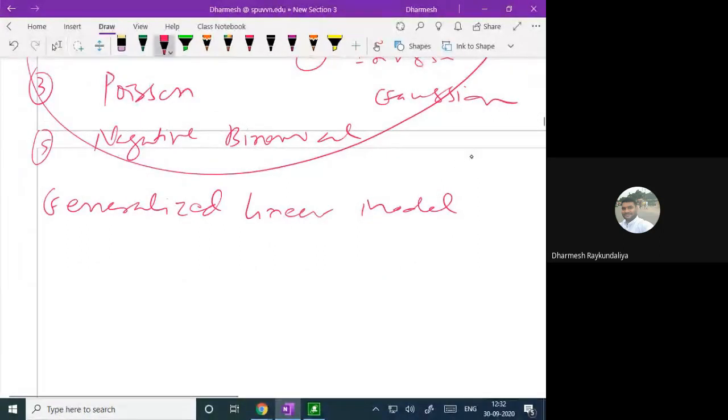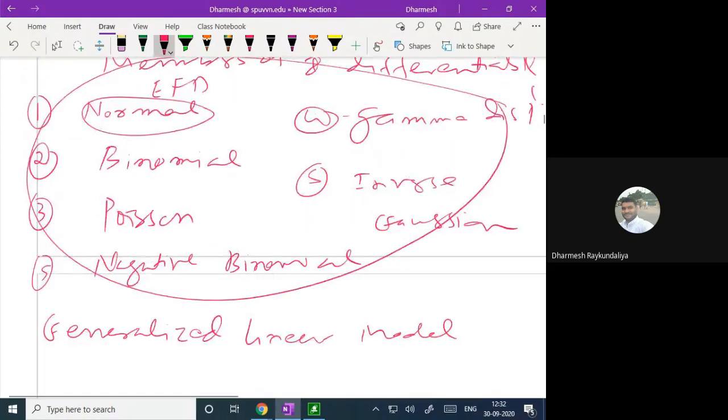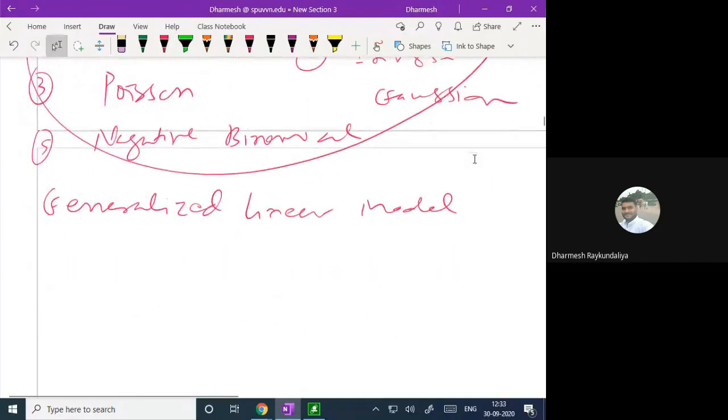Based on this, when you talk about generalized linear models and y having a binomial distribution, that means y has two outcomes. It has a binary response, and the expected value of y is mu. Then y follows the Bernoulli distribution, and if the trials are more than one and in each trial the probability of success remains constant, then we call it a binomial distribution.